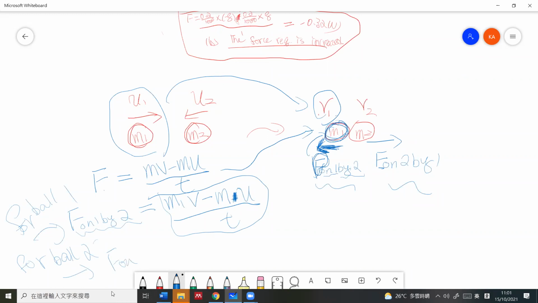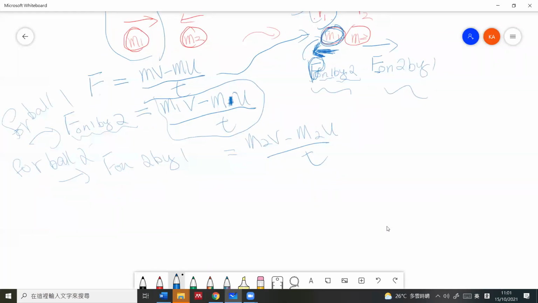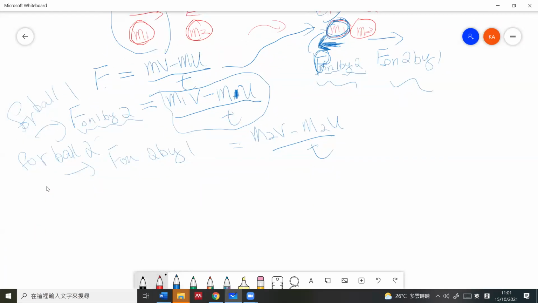the force on 2 by 1 is m2v minus m2u over t。好啦，咁樣寫出嚟好似冇乜用咁，係咪？呢兩條式有冇問題先？Since these two forces are action and reaction